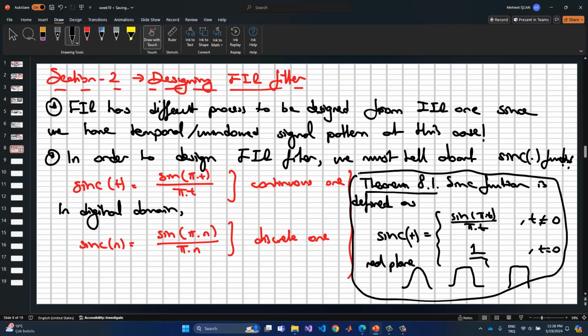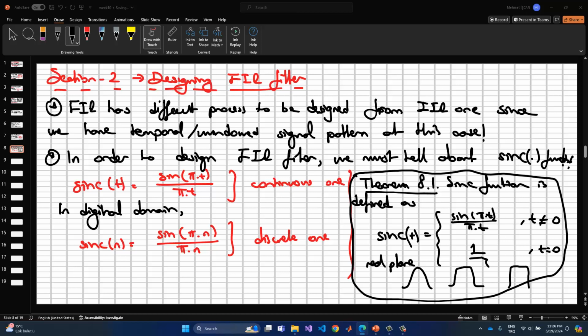What's the purpose of using this function? This function creates a window to be utilized in your filter design. For example, the signals may be processed with this pattern based on the FIR filter coefficients, because we have only the open-loop response, the input response here, not the feedback one. This formula comes from the inverse Fourier transform, guys,